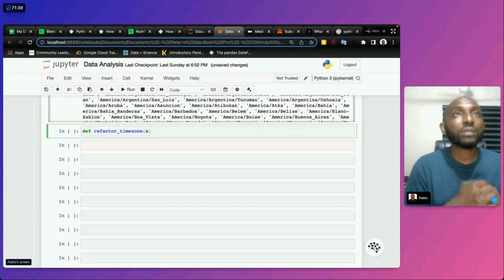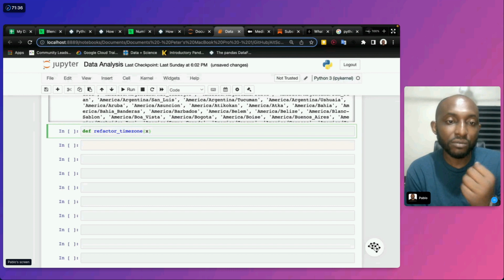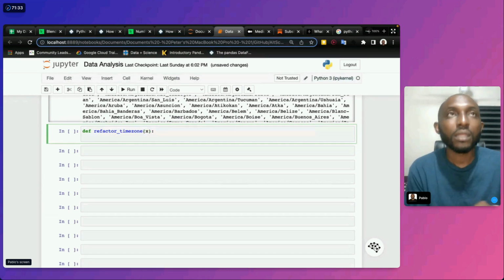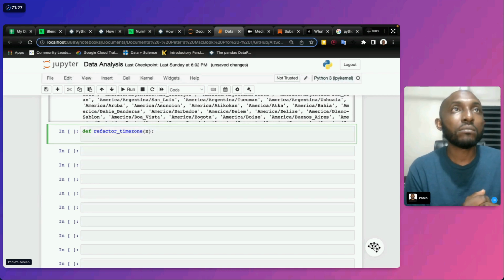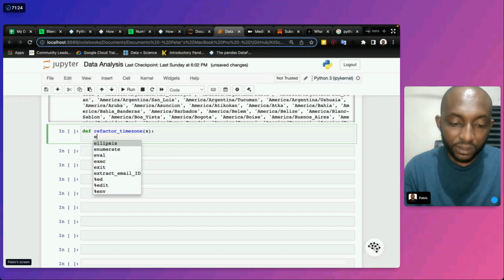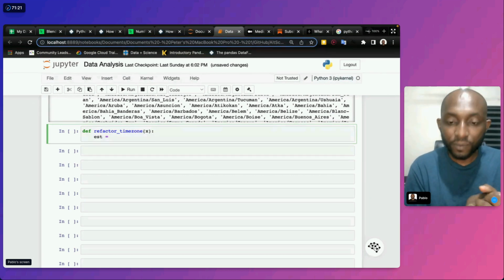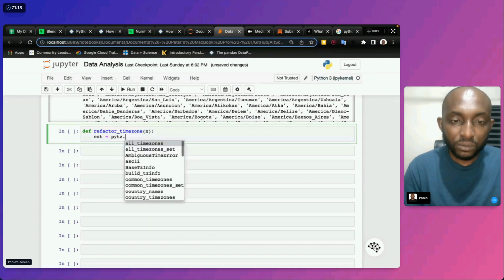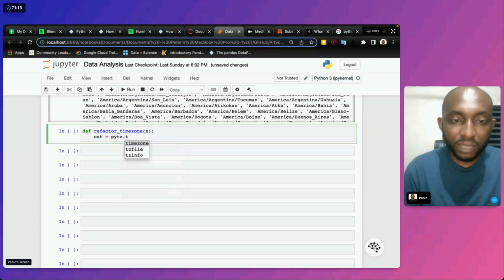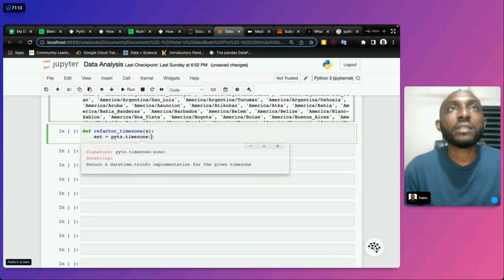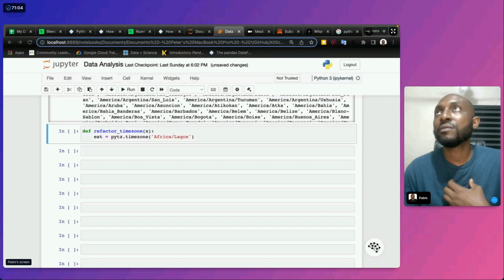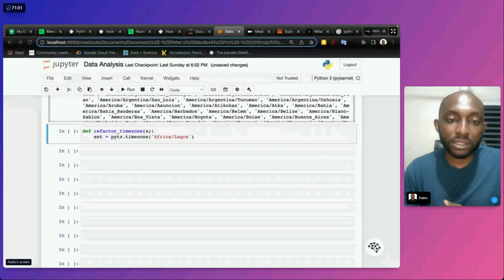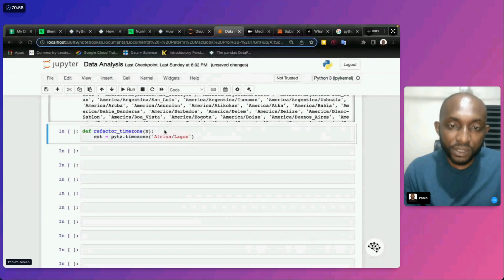So now we call this refactor time zone. This is refactor time zone basically, and here we call this EST. Then we write time zone, because this is what we want to check out. The time zone I want to work with is the one I copied, Africa, Lagos. So for you guys who are in different parts of the world, again, remember you would use your own time zone, right? So I use this.